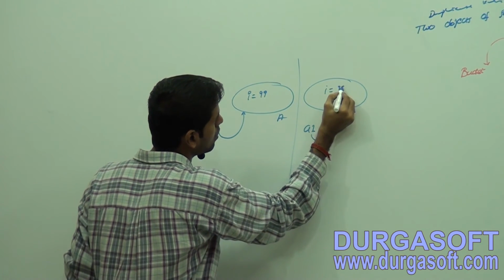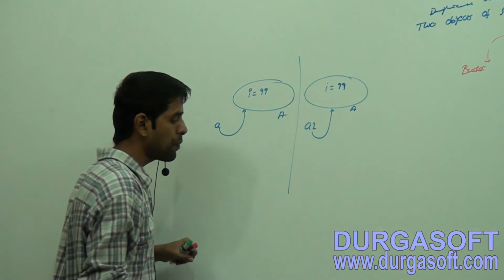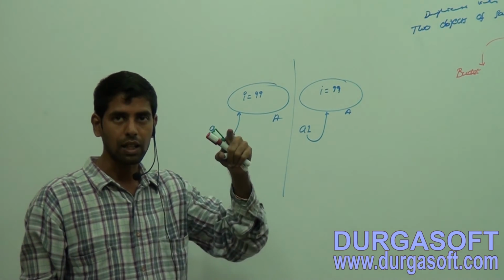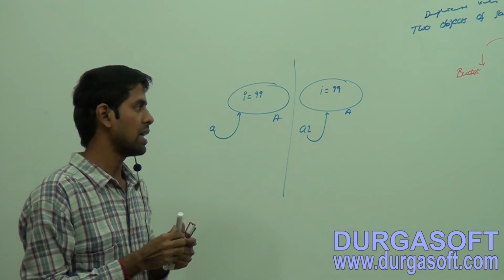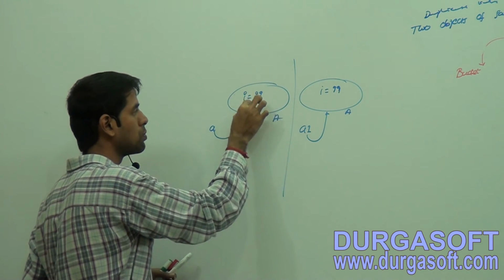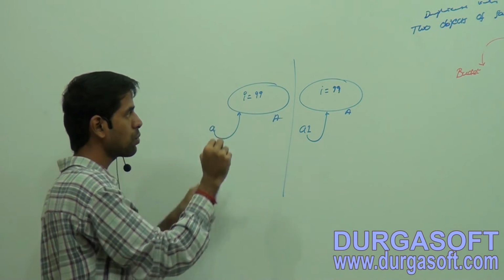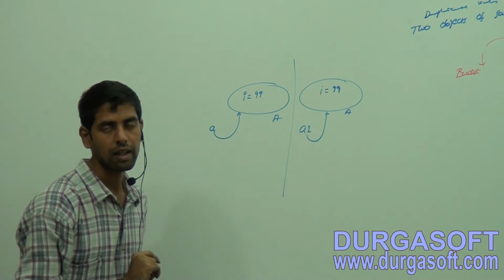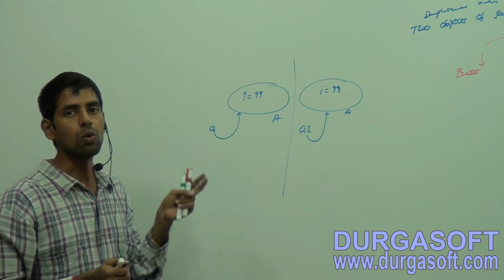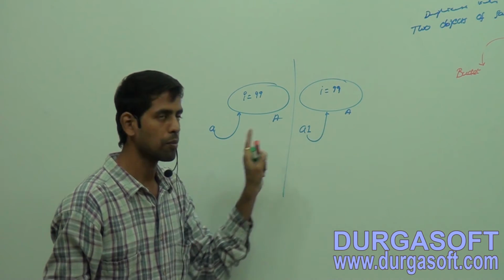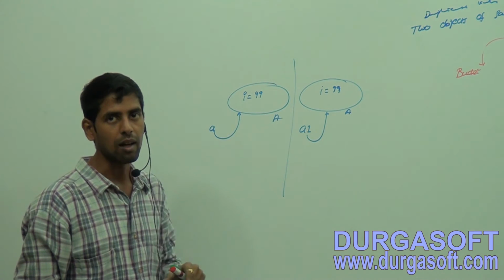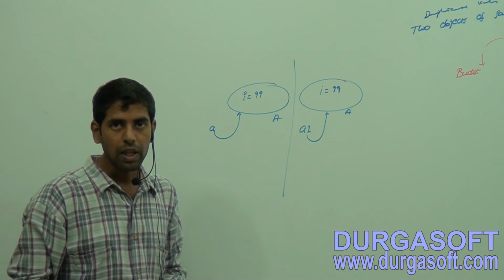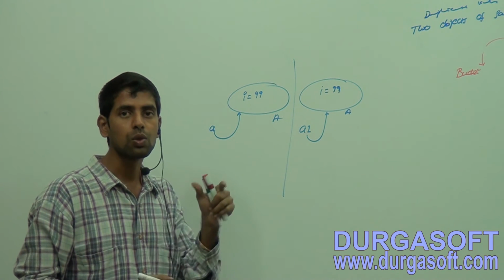I equals 99 is the data within this object, and this object's data is also 99. So two objects of the same type with the same data should not be placed,